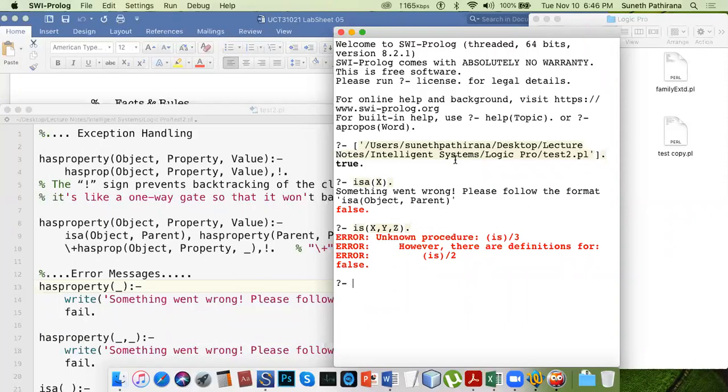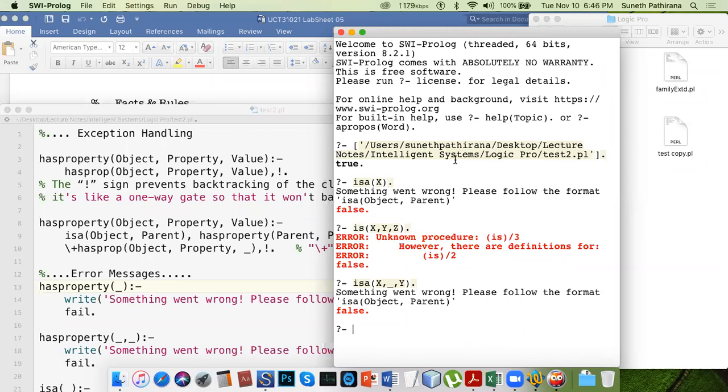Again, it forms the error message. Something went wrong. Please follow the format: is a object parent. So same.